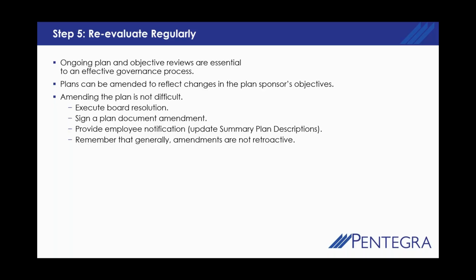If changes occur, that's fine. We can always amend a plan. Now we can go forward. We can't go backwards. We can't take away somebody's benefit, but we can always amend forward. And that's not a difficult process. It just takes a board resolution if they're a corporation. We write a plan amendment. They sign the plan amendment. Notification of that change is given to all the employees with the summary plan description. And so it's not a difficult process. It's just part of the process that has to be done to keep that plan current and operating the way that they want. And it's not something to shy away from. It's okay to do amendments.